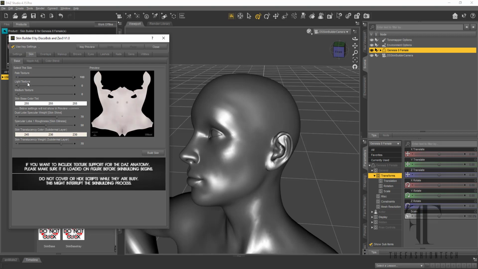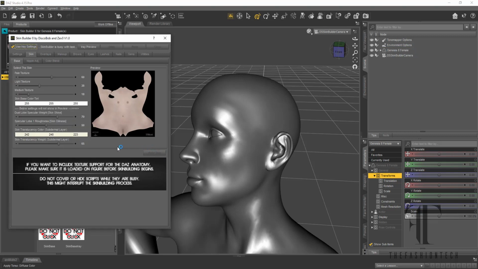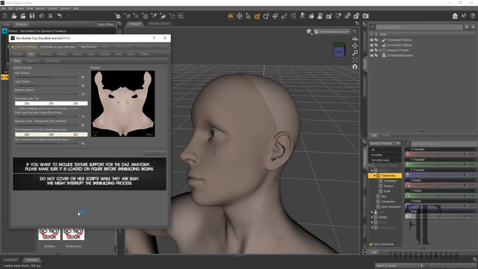So pale texture, let's dial that up. It's very pale. So pink, light, medium, and there she is. Now if you can see, this has anatomically correct mapping for the avatar. You click build skin and it does the thing. It wraps her all the way around. It gives her